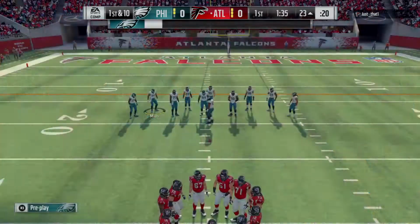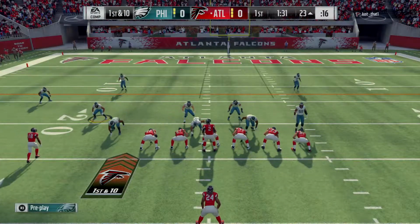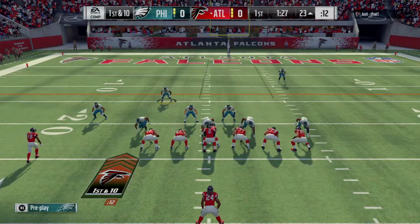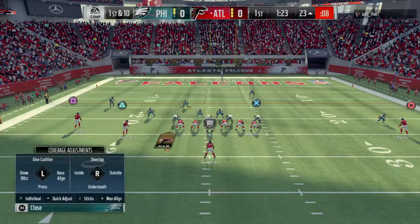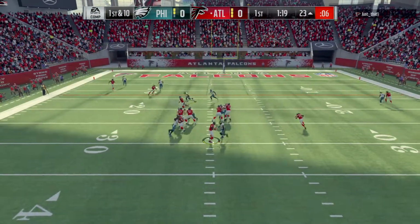Relatively small sample size, but that's his longest run of the first quarter. Bounced it out to the outside to make it successful. And to get there, you actually need some help. It's not just your pure speed getting to the corner, making sure that the blocking is taken care of inside so the pursuit doesn't get you. And oftentimes, those wide receivers, tight ends that might be flexed out, they've got to...